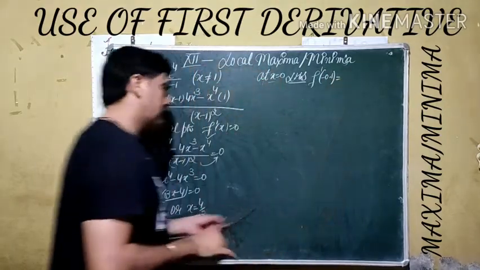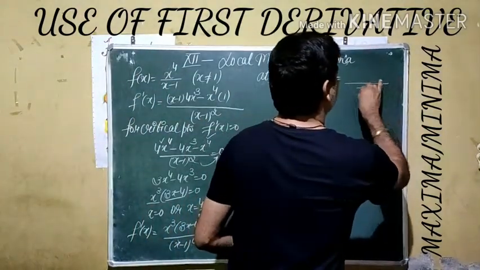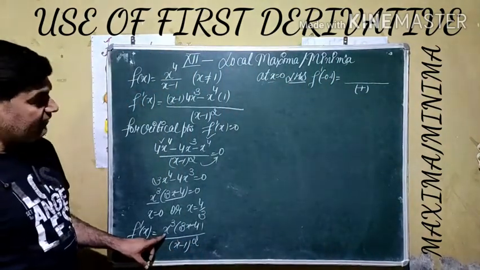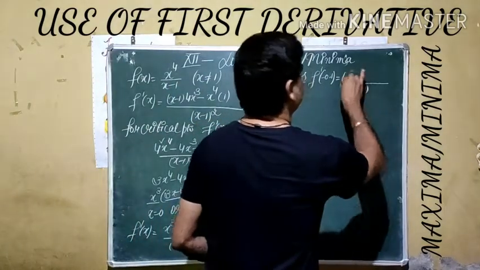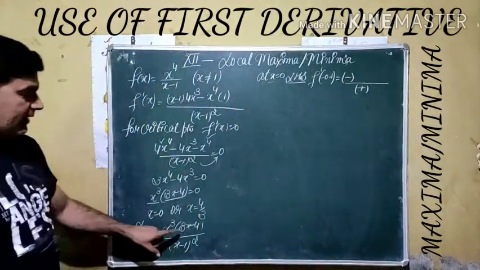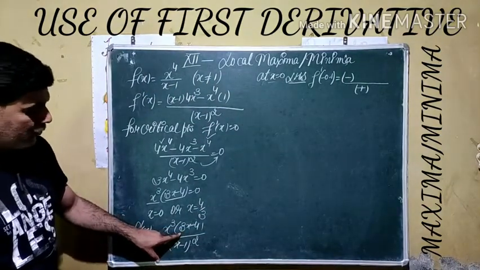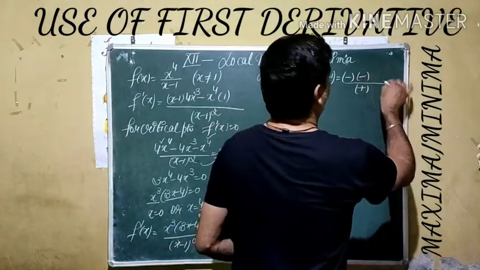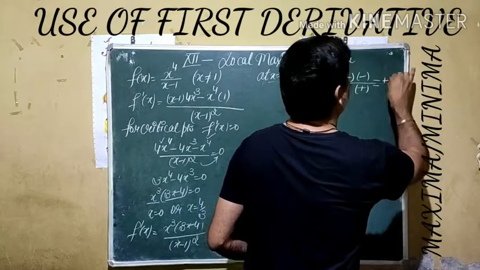If you see here, the denominator is a perfect square, it is always positive. So no need to check it here. Now we go upside. If we replace the negative value here, cube of a negative value is negative. So the first sign is negative. In the second bracket, if we replace with minus 0.1, the product becomes minus 0.3 with minus 4. It gives us an overall negative value. So the overall answer comes out positive.